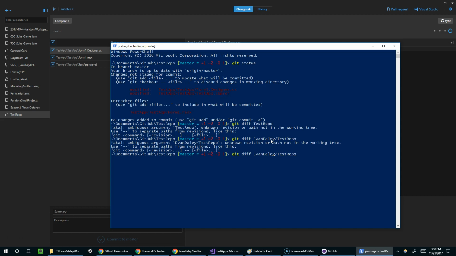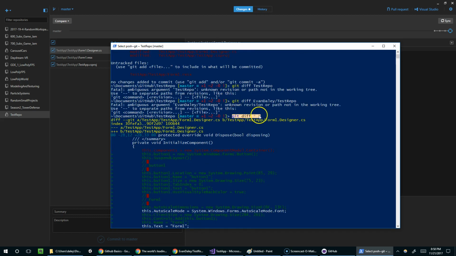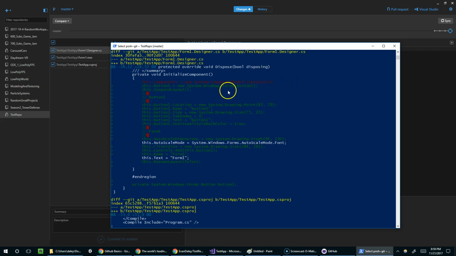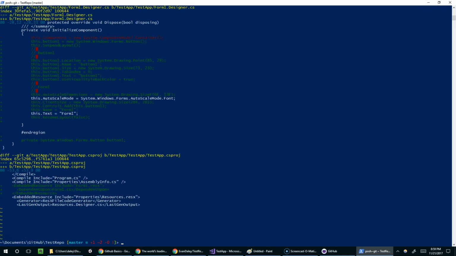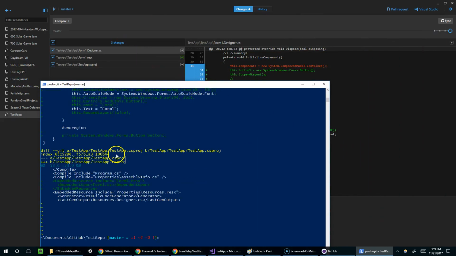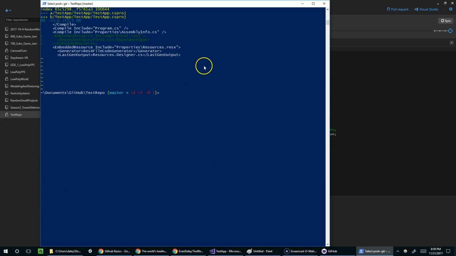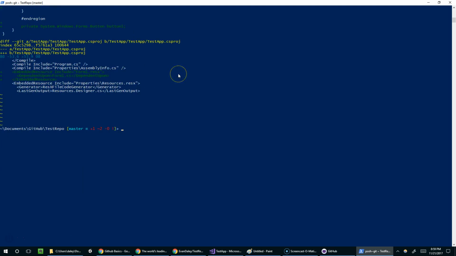Why don't I just try git diff? Oh, okay, so that worked. If you just do git diff star, I'm not sure why that actually worked, but we're basically just saying compare what we have here against anything else we can compare against. So now you can see it looks pretty similar to this line here. So we've got that red line corresponds with this red line. These are all additions. So now that we can verify that we're tracking the right changes, I can say git